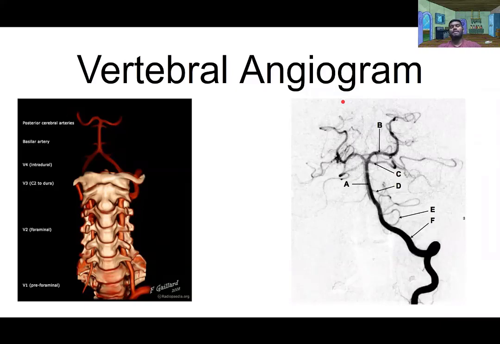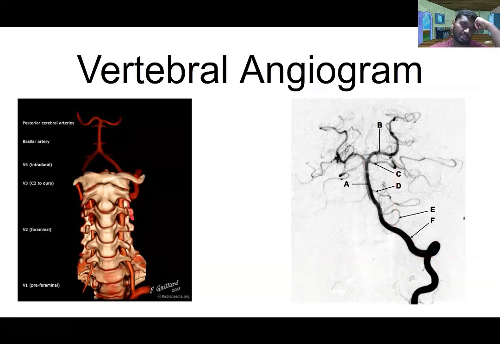Cool. So we have two main slides I want to discuss, and the rest of the slides are just to give you exposure to some of these scans, right? But really what I need you guys to know is how to differentiate a posterior circulation scan from an anterior circulation scan. And as you can see here, this is a vertebral angiogram, right? I put this picture to compare these different vessels in a real image, to give you some perspective, because it just looks like some floating black lines, but this should help give you some